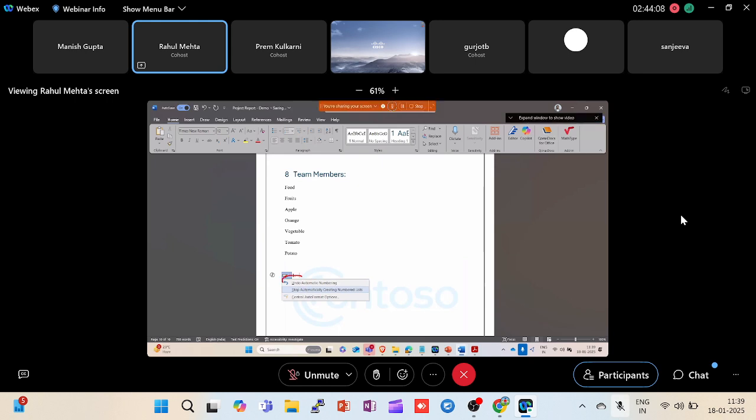It has started. You can always undo or stop automatically creating a numbered list. That's completely fine, right? Now if you see the same thing, food, two. Now I know that it's a fruit, so I'll just press tab. So it's a 1A. So let's say